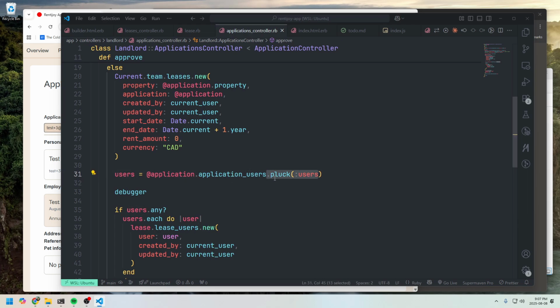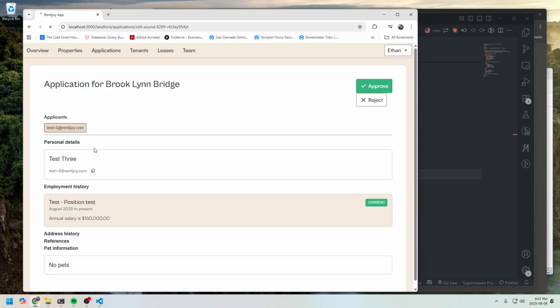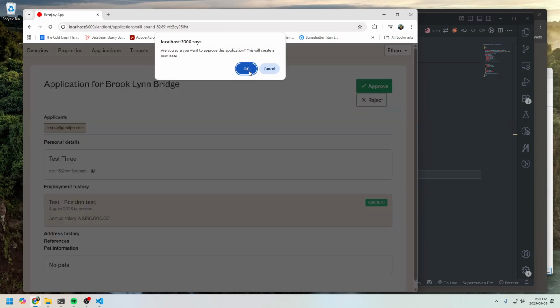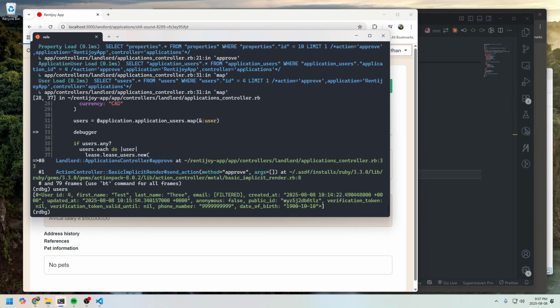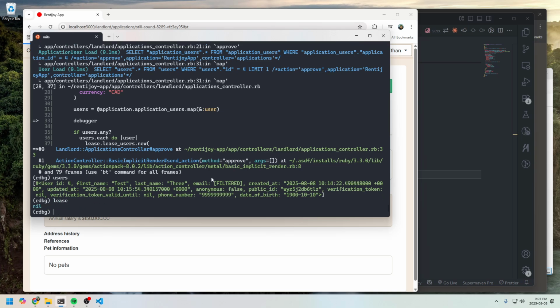Probably where this is coming from. All right, let's bring back the map then for now. So I do users. We should just see the one user, which we do. So that's fine. And then we see lease is nil,